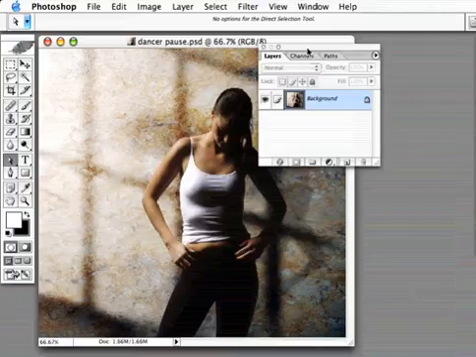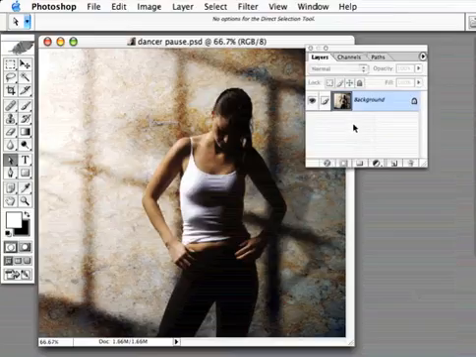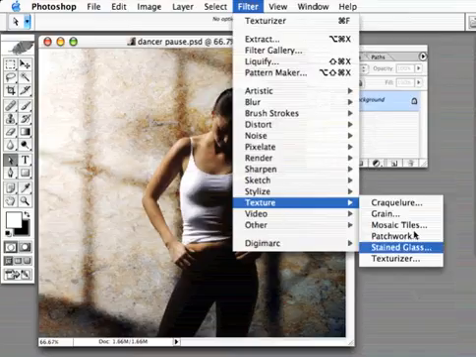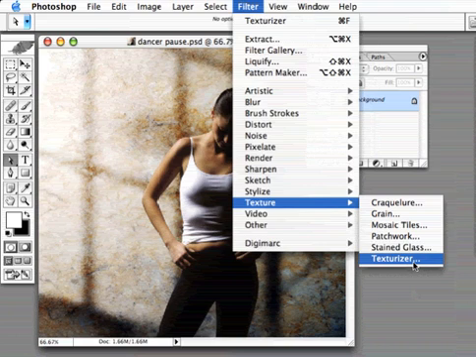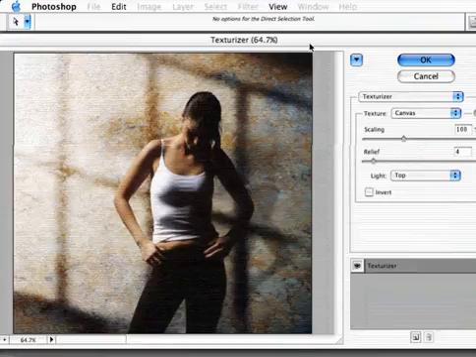Another rumor that was going around was that you'd be able to have filter layers in Photoshop 8. Well, of course, this is Photoshop CS, and it doesn't have filter layers, but it has something that's pretty darn cool. So don't be surprised if you go to a filter you've used many times before. For example, I use Texturizer every now and then, and I go to this filter expecting to see that good old little dialog box, and all of a sudden I get this gigantic dialog box that takes over my whole